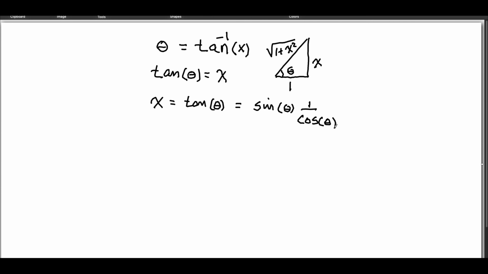And then when you go dx d theta, we have cosine theta, because we take the derivative of the sine function first. So we have cosine theta over cosine theta